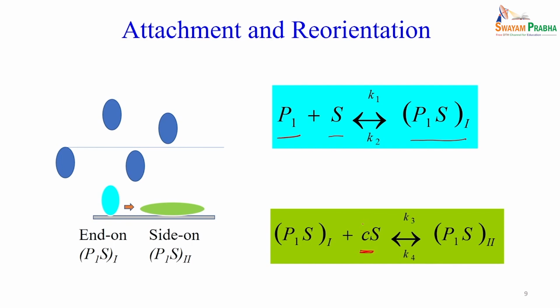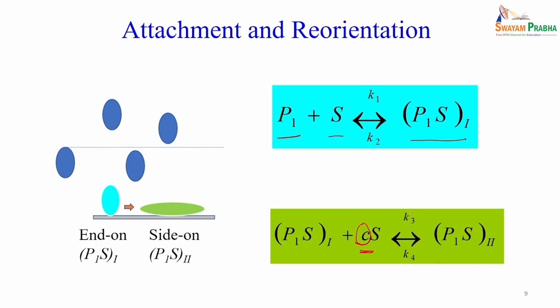The C is the fraction of the extra surface, because the surface area required for the end on and side on orientations are different. So, it will require some extra fraction of the surface C. Yes. Now, here again you can